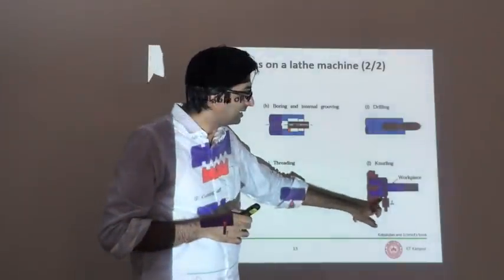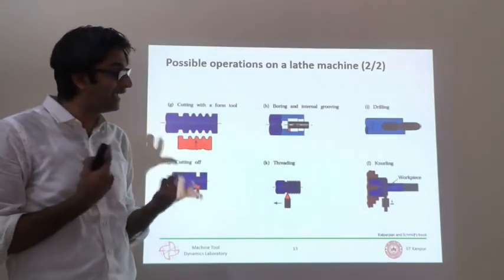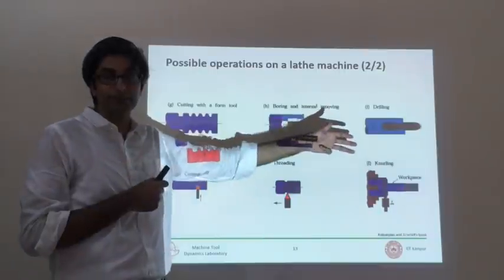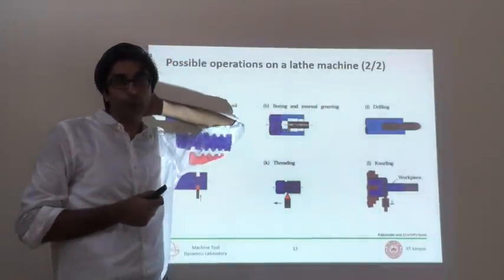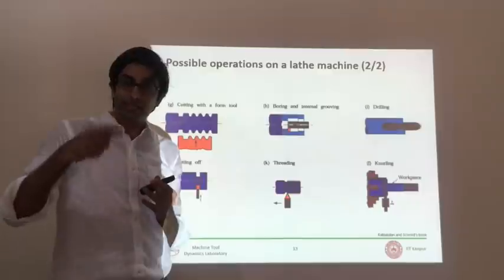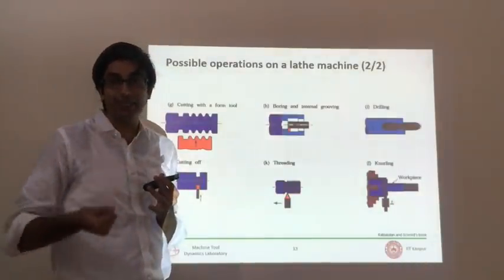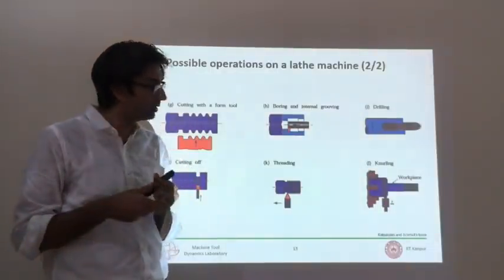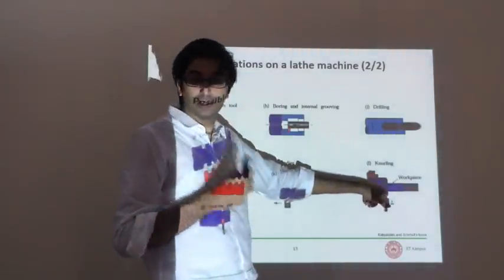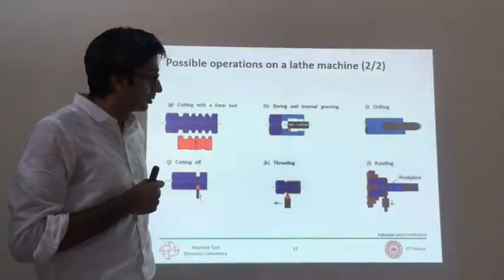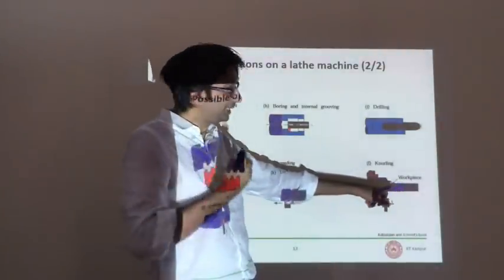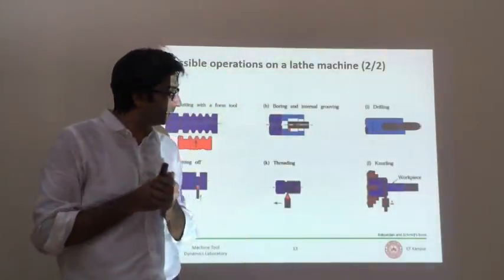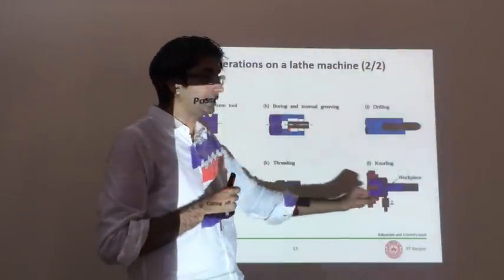So what knurling does is it creates a hash or a hatch pattern on the outer surface of that workpiece. So you will see, in fact, if you go to your kitchen, you might find utensils which have these knurled patterns on them to increase grip. Not just in kitchens, sometimes in hammers. A lot of hammers also have these knurls on their handles to increase grip. So that is also possible. This is strictly not a machining operation. This is more a forming operation where you make material flow plastically. But that is also possible on this machine.